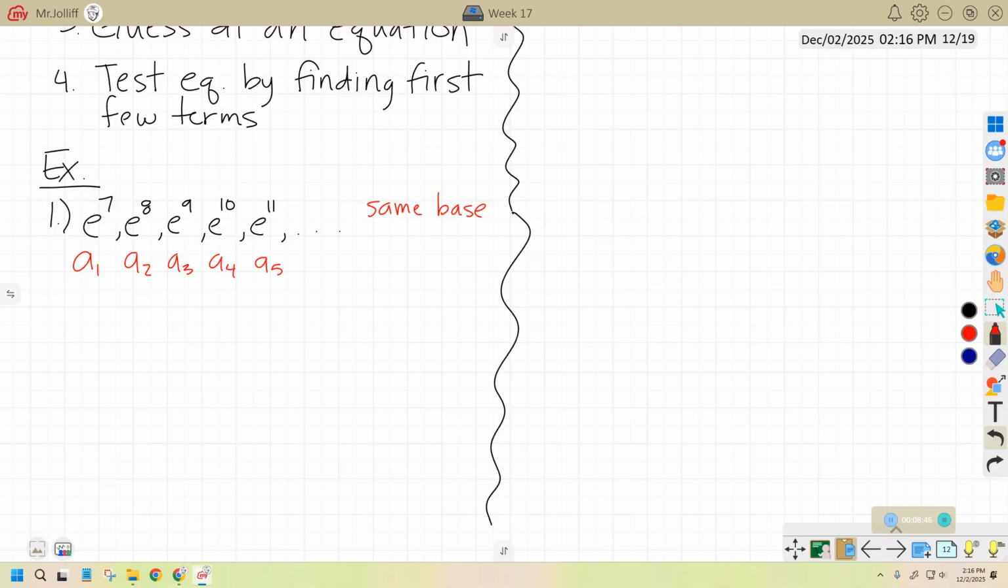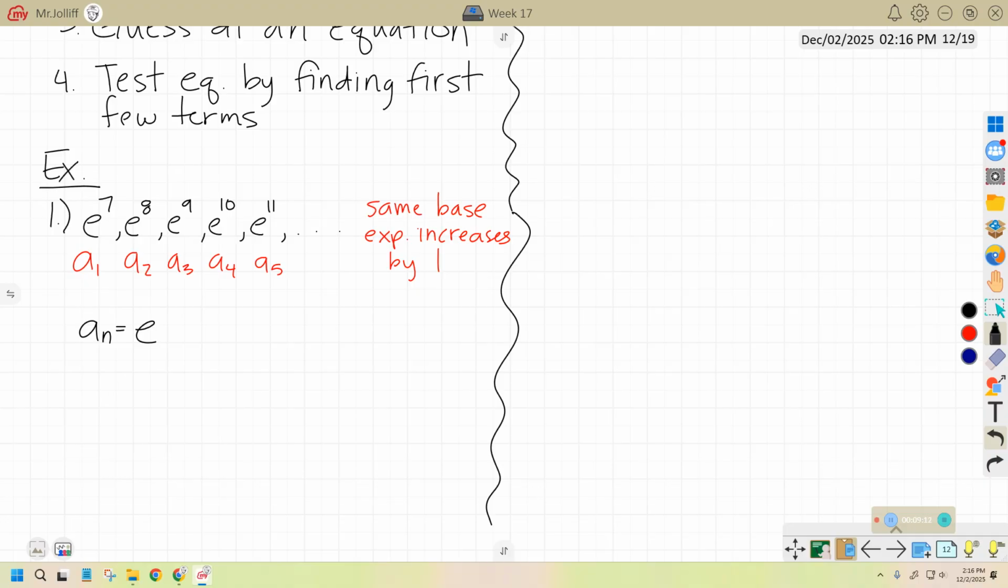Good. Same base, exponent increases by 1. That's perfect. That gives me a great idea for what my function is doing. Based just on that information, I know an is going to be e to the something